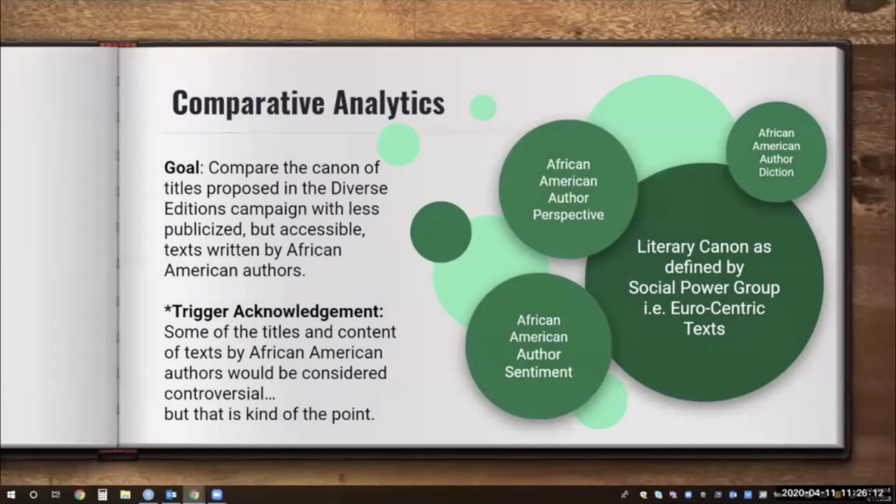As we devised our system for analyzing the literature of the Diverse Editions campaign, our group began to identify something essential for our analysis. Rather than simply respond to the cover art of the Diverse Editions, we needed to dig deeper and see if the texts selected for this campaign actually represented the voices of African American literary culture. Remember, these texts were slated to be featured for a soft launch at the start of Black History Month, heightening the backlash on Twitter. Thus, it was imperative that we take time to actually analyze the diction or word choice, perspectives, and sentiment within these texts compared to those actually written by African American authors.